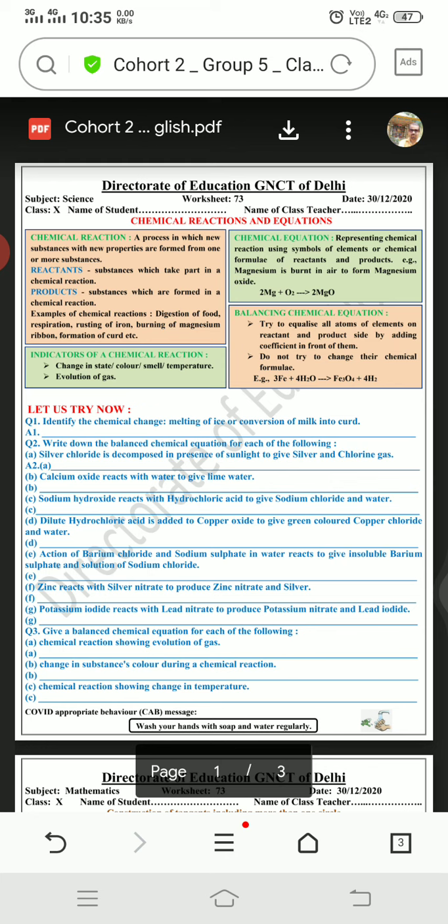Change of color, like when copper sulfate reacts with iron, the blue color of the copper sulfate disappear. So this is change taking place in color of a reaction. Smell, if some new substance form, the smell will come from that new substance, new product. Change in temperature, if heat is produced in the completion of reaction, the temperature will rise of the solution. If any gas is producing, the gas will evolve. So these are the certain indicators. By observing them, we can say that the reaction is taking place.